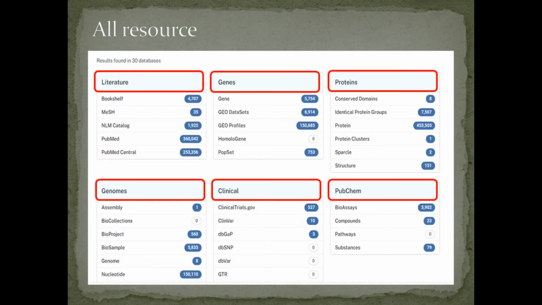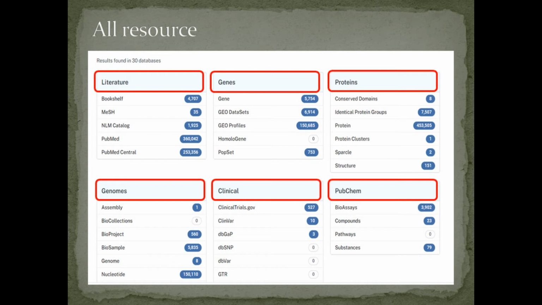As we know, NCBI is a collaborative data bank. Here you can see all the different types of resources, which are the results against our query, such as literature, genes, proteins, genomes, clinical, and PubChem data banks. In the literature resources, you can see different literature databases like Bookshelf, MeSH, NLM Catalog, PubMed and PubMed Central.